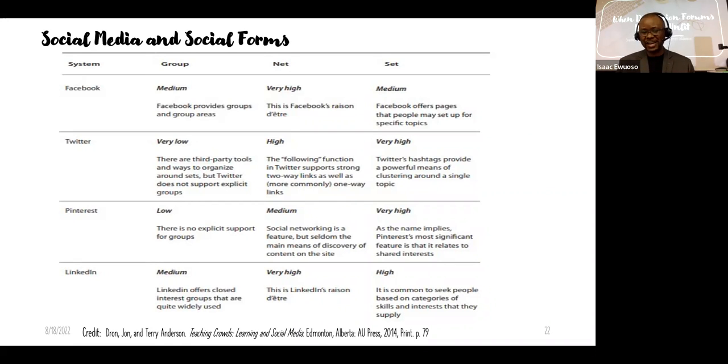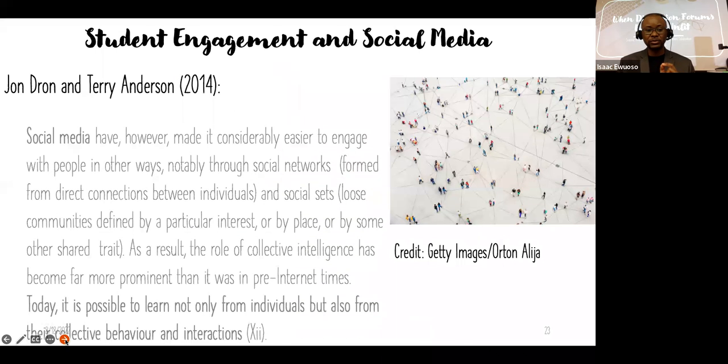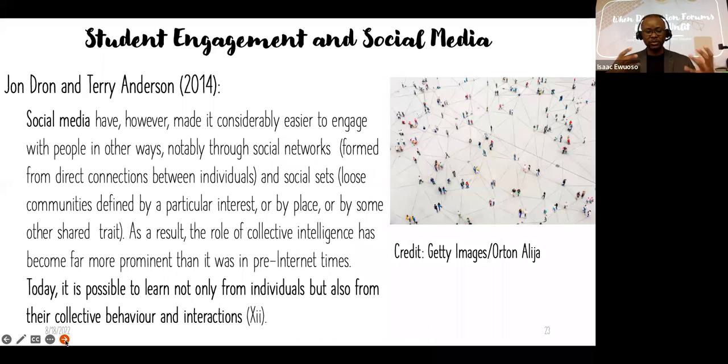So this does not capture Snapchat, but based on my research, I will argue that Snapchat has a very high net and a very high set. So this is Facebook and the set. Twitter, it's 2014, but things may have changed about it. I didn't look into that, but I want to focus on social media, and in particular, how this connects to a broader view about those who engage in social media. I'm talking about a lot of Gen Zs who tend to use social media a lot.